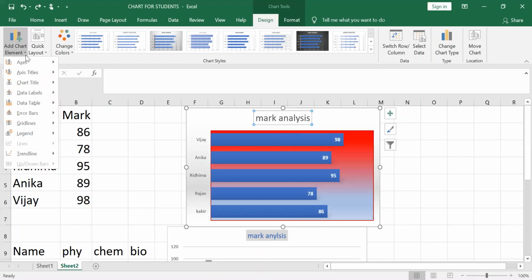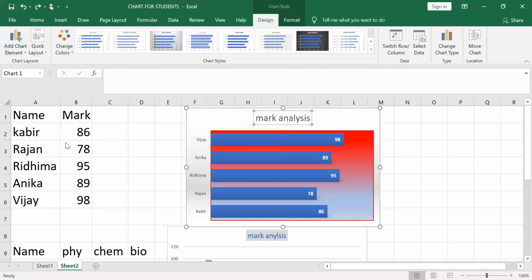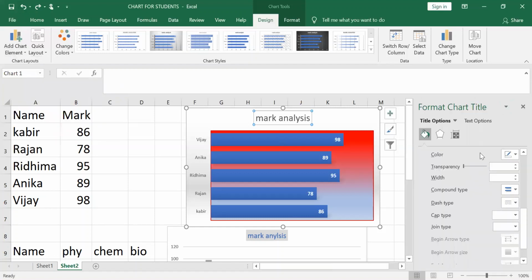Now you can choose the label group. So you can see more title options. If you go to the chart title, then more title options is here. You click on the more chart title options. Okay, so here you see you have the format chart title filling. Then the same color is given. You can see the color, and if you want to fill the chart background also you can give.